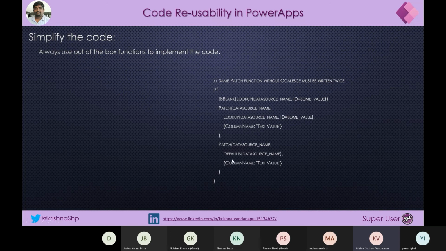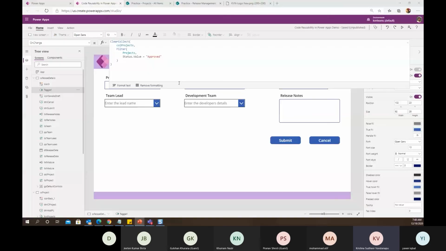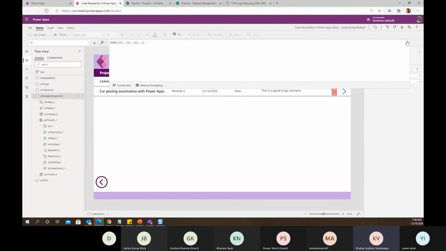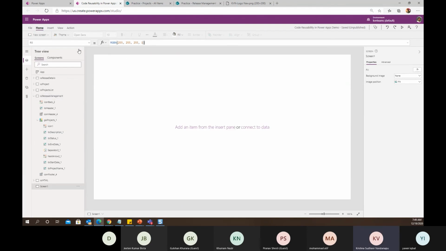But if it is a new item, I will say patch and use this. This can be replaced by using the simple Coalesce function. What the Coalesce function does is it looks for the first non-empty value. What exactly is that?